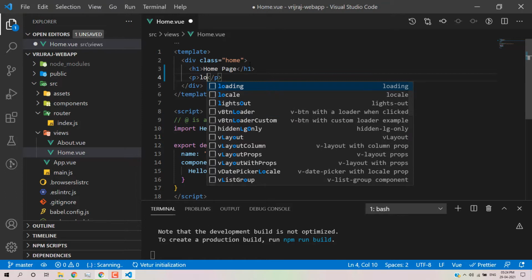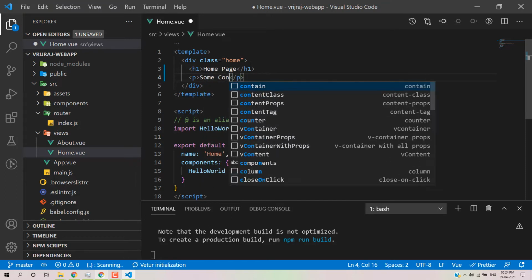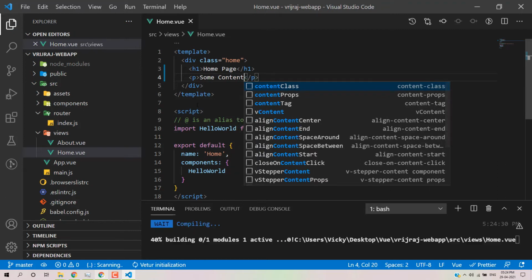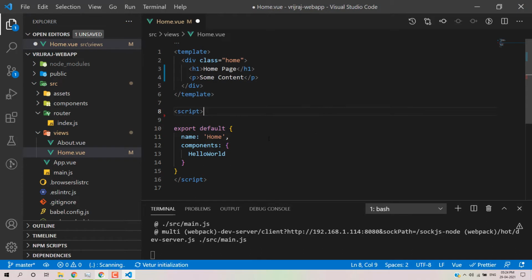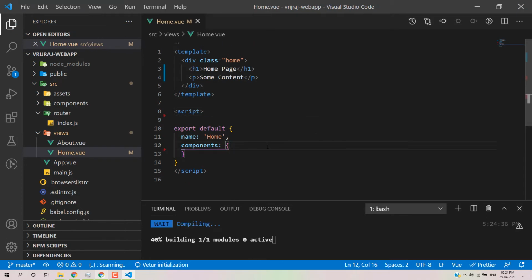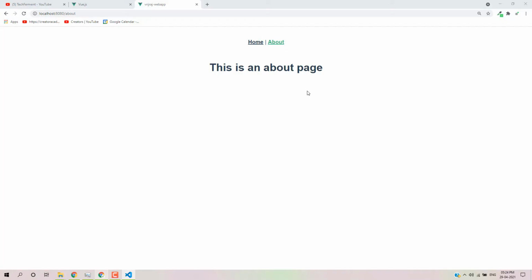It's not loading, I don't know why. So here we have some content. I'll remove this part because we are not working on the component part. So we have a home page and then an about page, where we mentioned this is the about page. I'll just reload, so it's working. This one is home, this one is about.